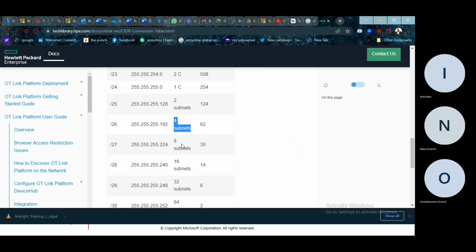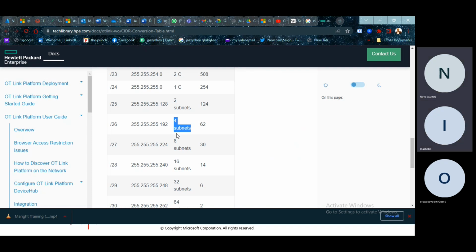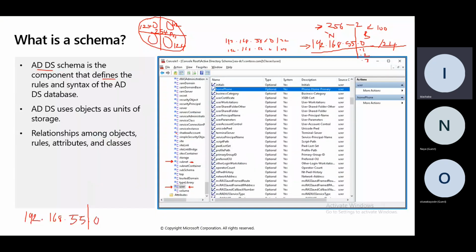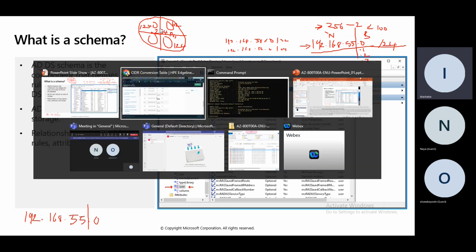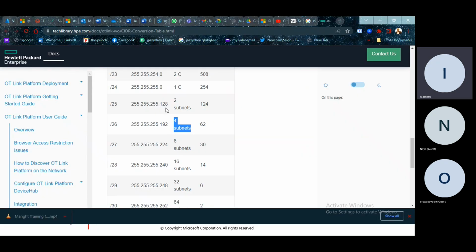8 subnets. Why don't you have 5, 6, 7? I don't know. They multiplied it by 2 again, because there's a formula they use. So if you are breaking this network into 4, you can't break it into 5. You can't break it into 6. The next one you can break it to is 8. The reason being that this is the formula you use in breaking it.